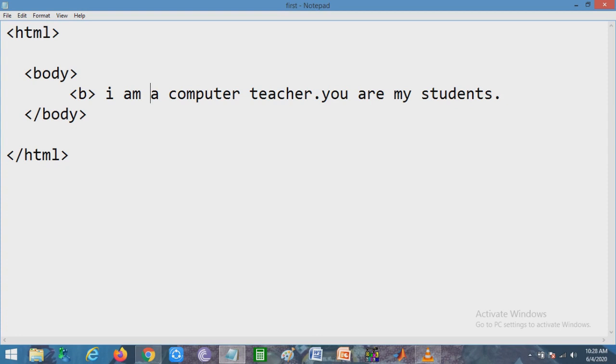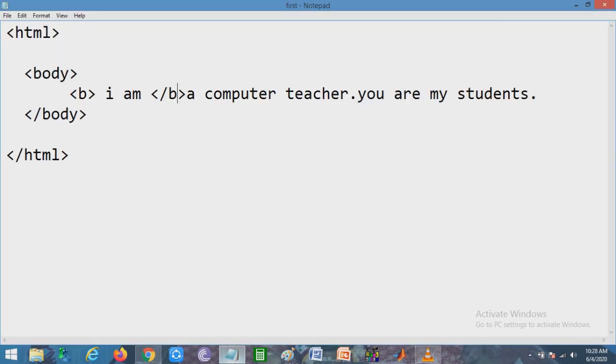If I write the end b here and save it and run it, look at the output. Only "I am" is in bold and the rest is not bold. So you can choose the word, sentence or line to make bold.